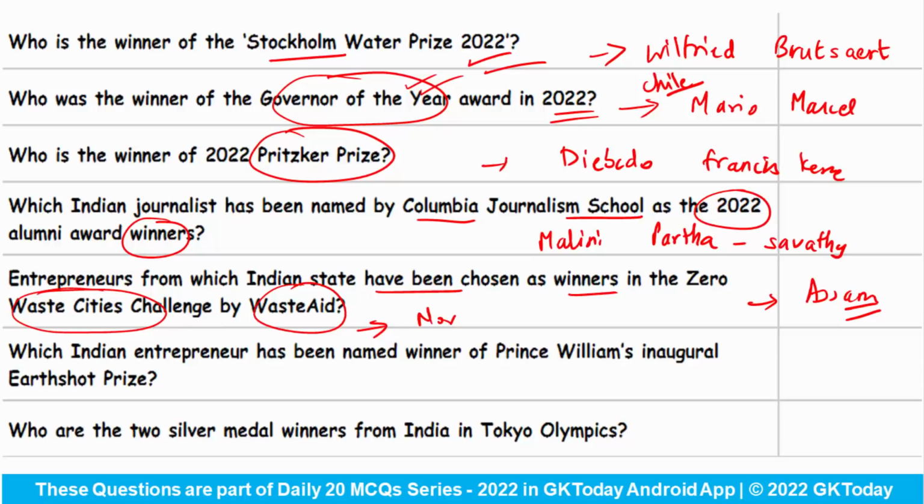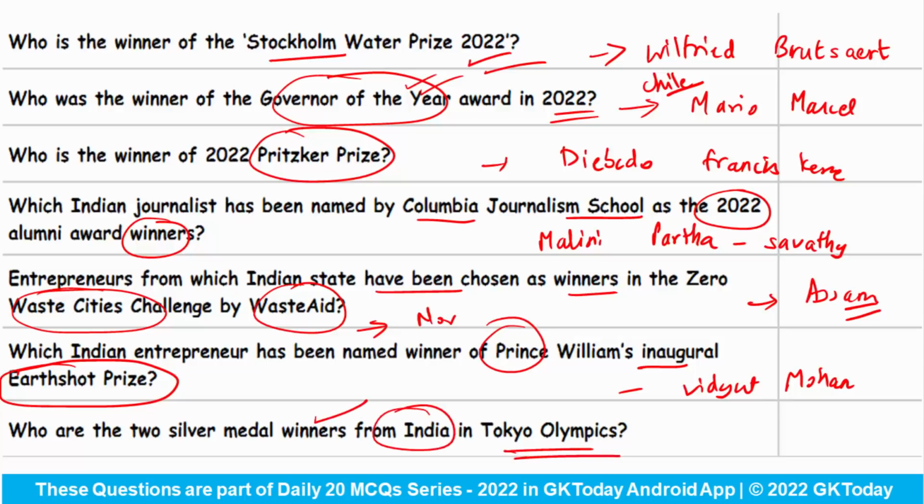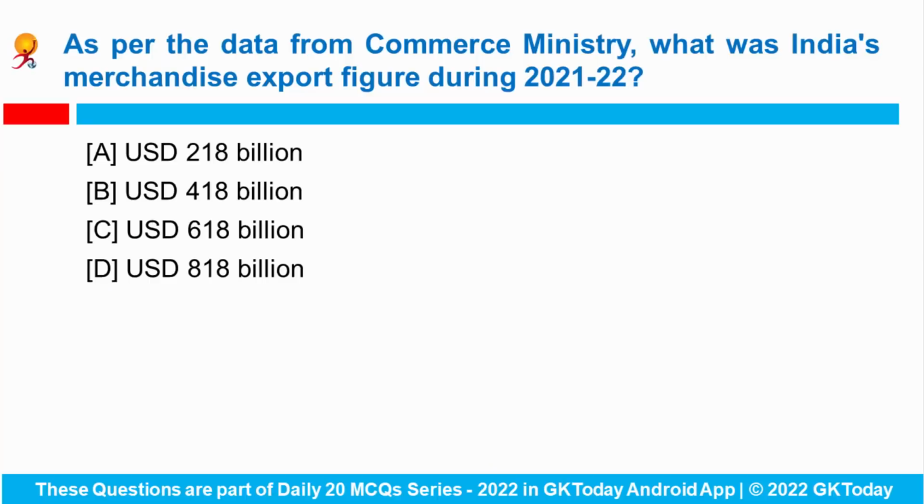Which Indian entrepreneur has been named as winner of Prince William's inaugural Earthshot Prize? Answer is Mr. Vidyut Mohan. Okay. Who are the 2 silver medal winners from India in the Tokyo Olympics? These 2 personalities are Mirabai Chanu and Ravi Kumar. Okay. Next question. As per the data from Commerce Ministry, what was India's merchandise export figure during 2021 to